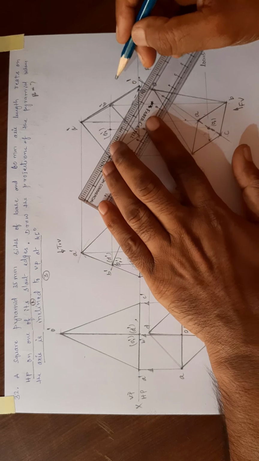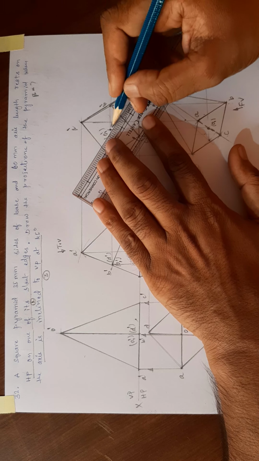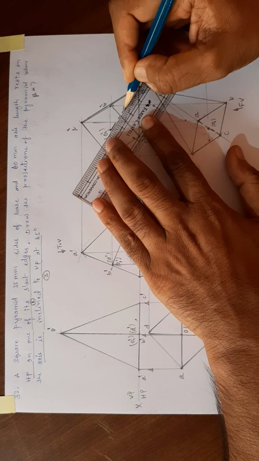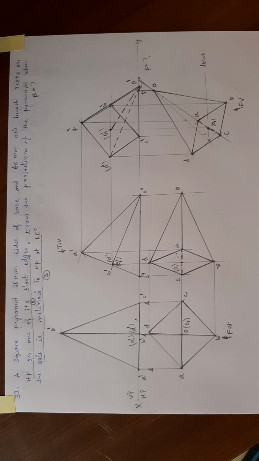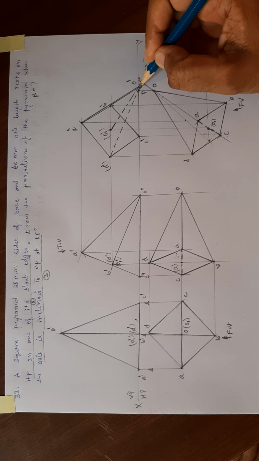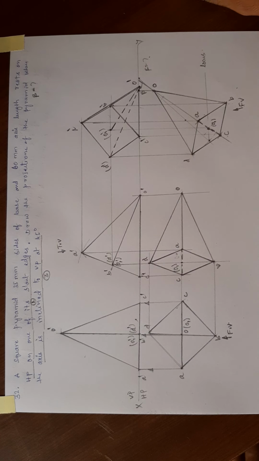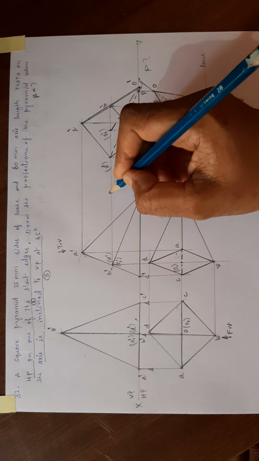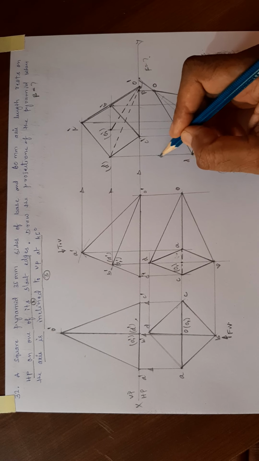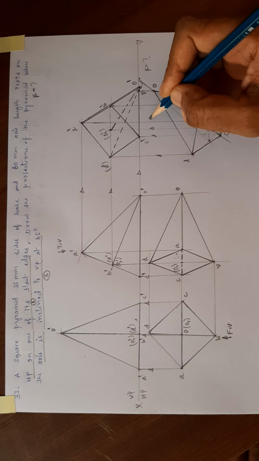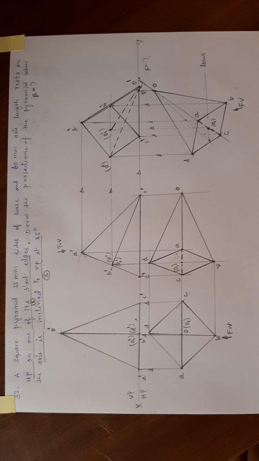Next, the axis line we have to draw. The axis line is long, thin, with chain line. Now this is the front view and the top view of the third portion. You have to show the arrowhead from where you are drawing the projector lines, like this. So this completes the projection of a square pyramid resting on HP with one of its slant edges.